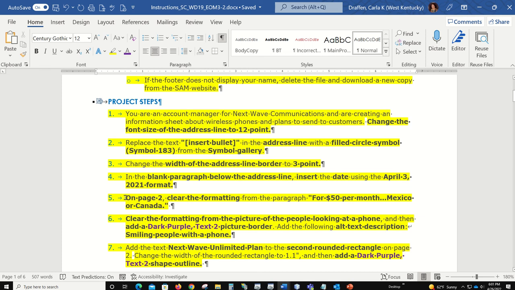So on page 2, we're going to clear the formatting. This is text formatting for that paragraph that starts off with for $50 a month and ends with Mexico or Canada. It's got all kinds of changes within the font settings and stuff. So we want to just bring it back to the Times New Roman font that it already is. So we're going to take care of 5 and 6 together. So going back here,